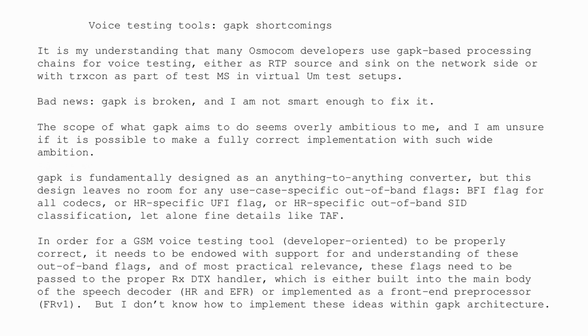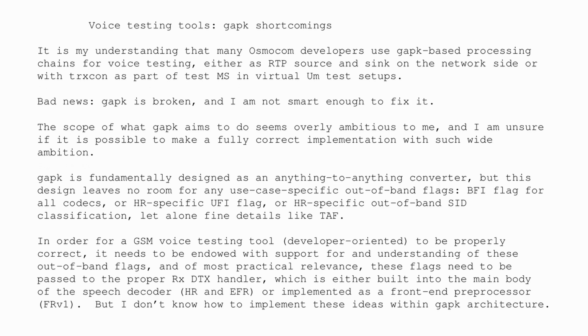And that official ETSI decoder, of course, has all of those required out-of-band flags. And if you look at what GAPK does when it interfaces to that reference decoder from ETSI, you can see that when you feed things to the ETSI decoder, the out-of-band flags are set to 0. When they take the output from ETSI, they discard out-of-band flags. So throughout the architecture, in the internal guts of GAPK, you have this canonical format. First they convert everything to canonical format, then they convert from the canonical format to the target format,